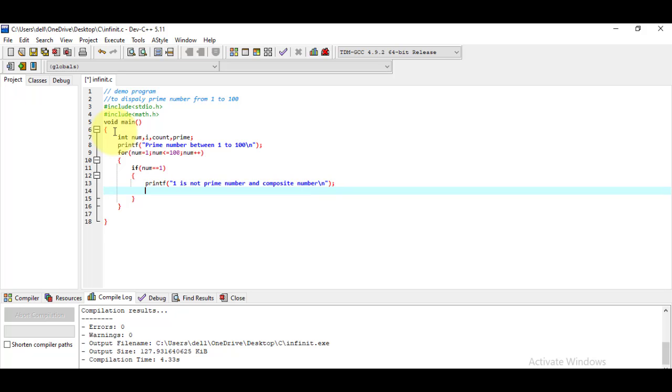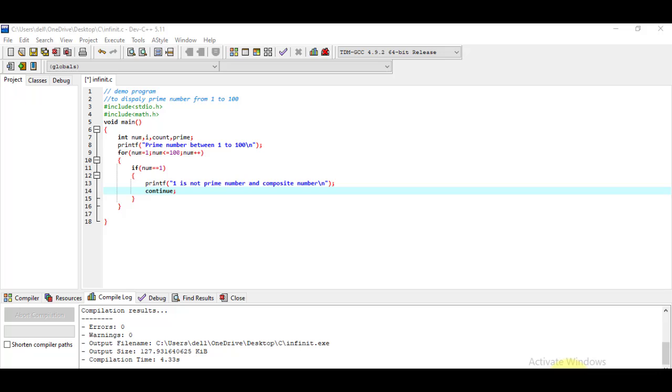We don't want to display the 1 over there, so I will use the continue statement here. The continue statement is used when we have to skip a particular value, or we want to move to the next iteration. So this is what we have done here.